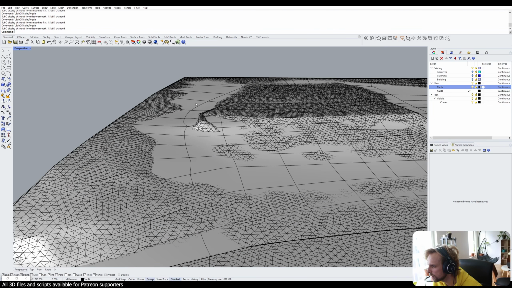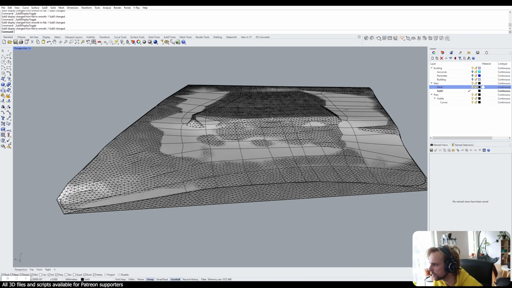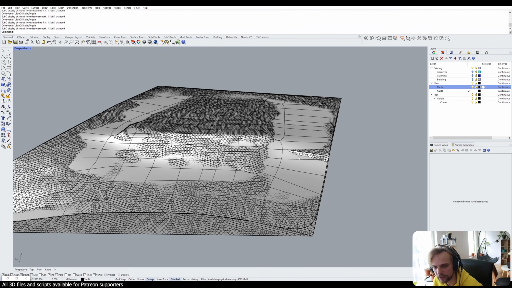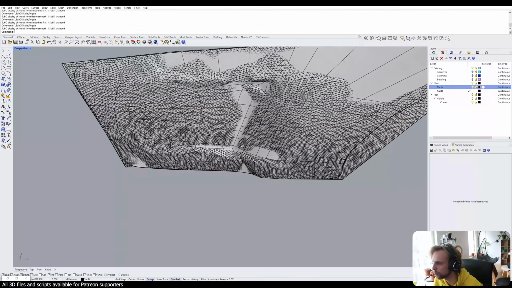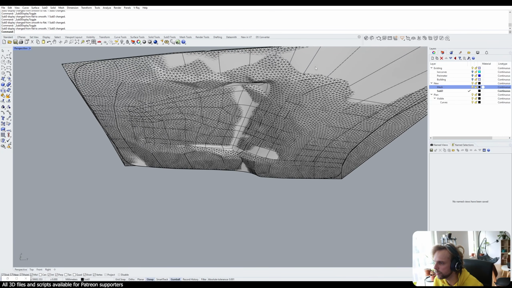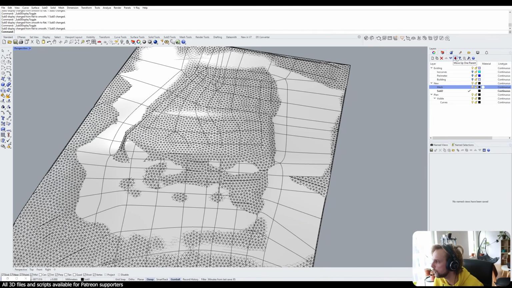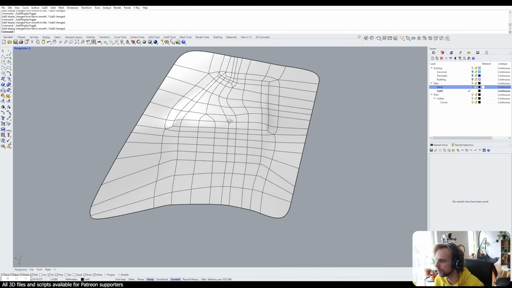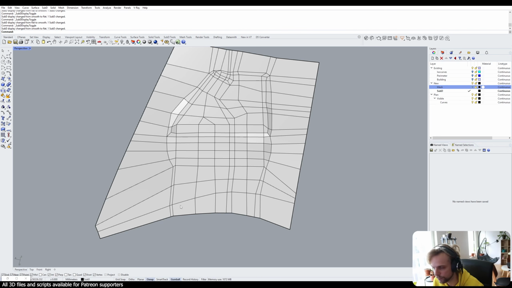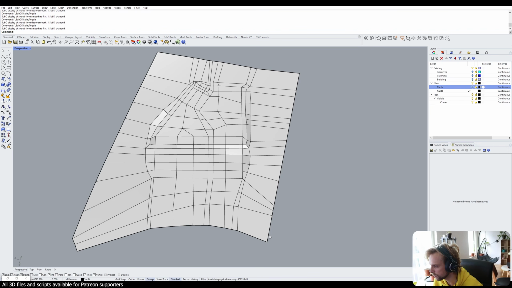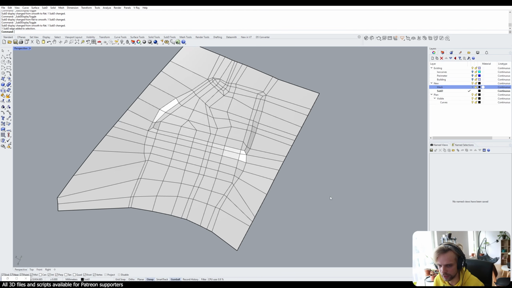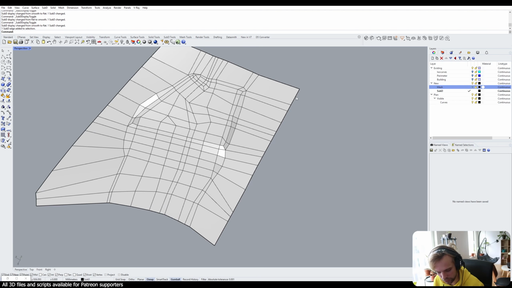Also, as I'm looking at this right now, I can see that there are some areas where sub-D doesn't have enough resolution to approximate the geometry of the mesh cleanly. So I will add a few more polygons here. The way we do it is we will use insert edge. So I'm just going to use Control Shift,